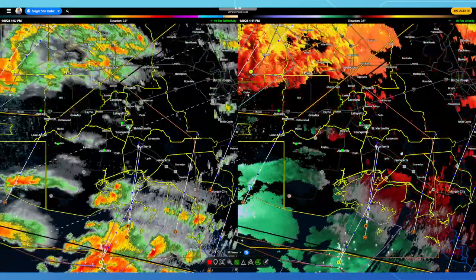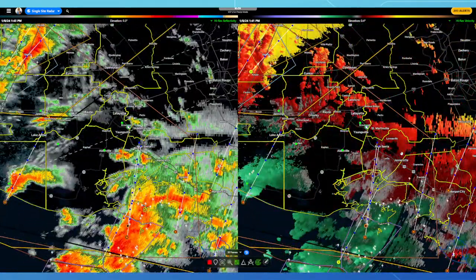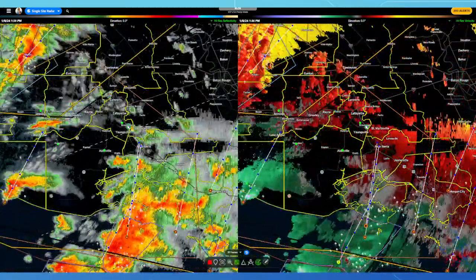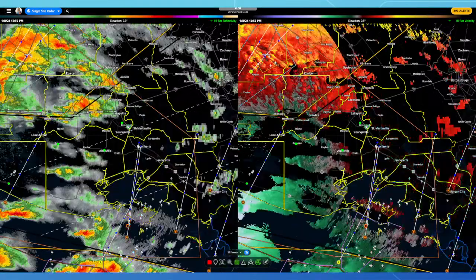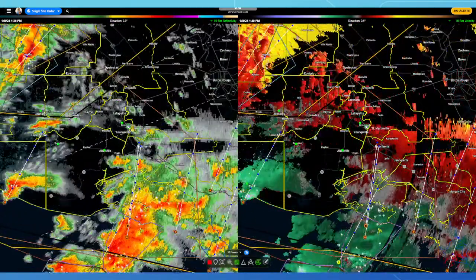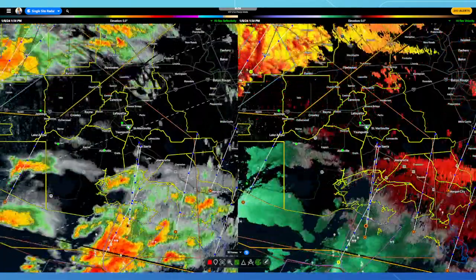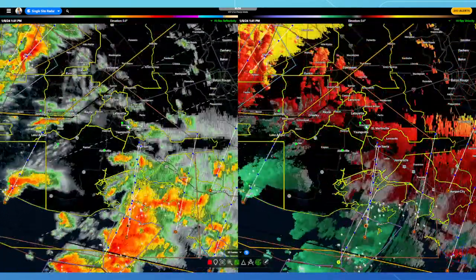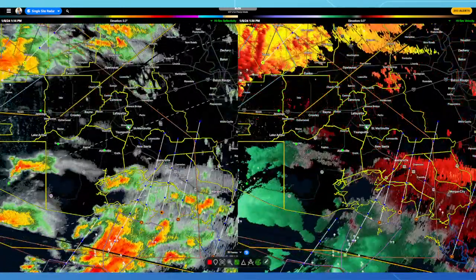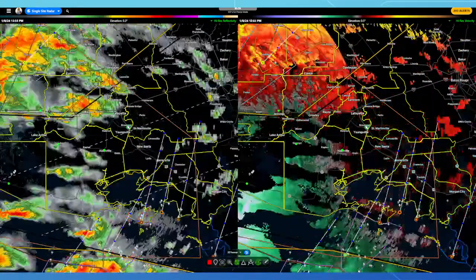Trying to get AWIPS pulled up again. I need to start using it more because this is literally one of the programs, if not the program, that the National Weather Service uses to issue severe thunderstorm warnings and stuff in real time. So